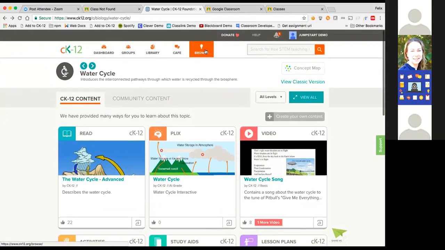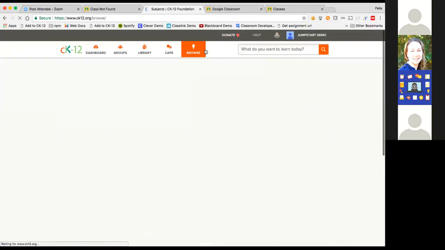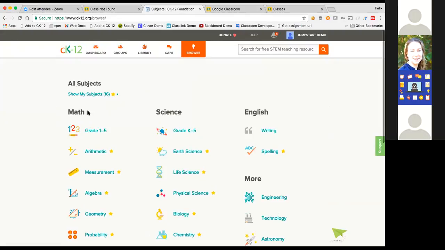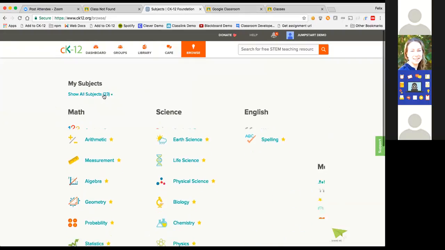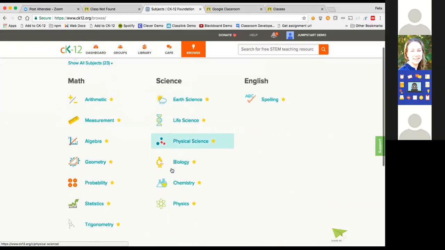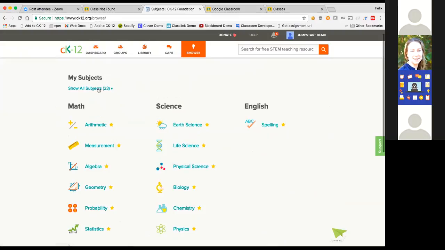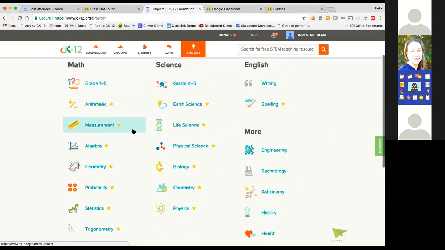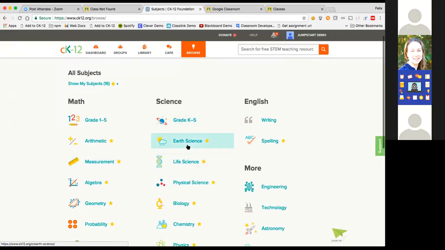So I'll also go into the browse in case you haven't seen it. Once you're signed in and you've been browsing, on that dashboard in your profile, we'll ask you what subjects you're interested in, and then we can only show you the ones that you're interested in. Otherwise, we can show you everything that we have to offer, which is a pretty healthy amount. But diving into any of these,